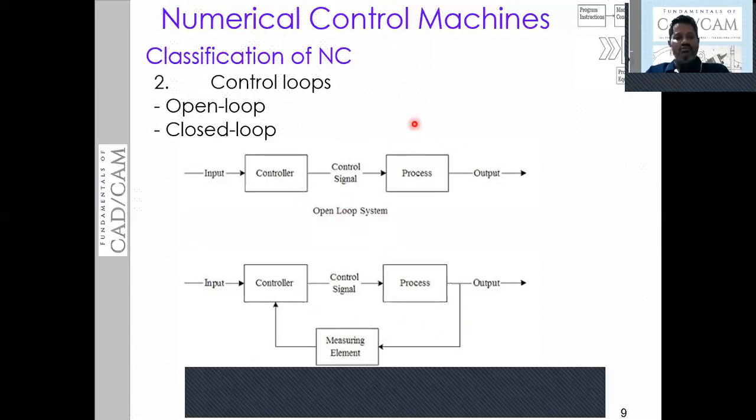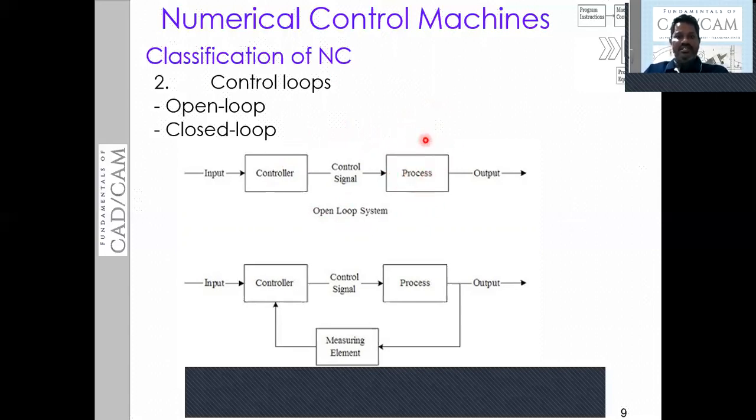But in the case of an open loop, this machine or the process where we are doing something is not going to receive anything from the controller in a reverse way. That means the controller is not going to send any feedback signal. Here you have a processing machine.